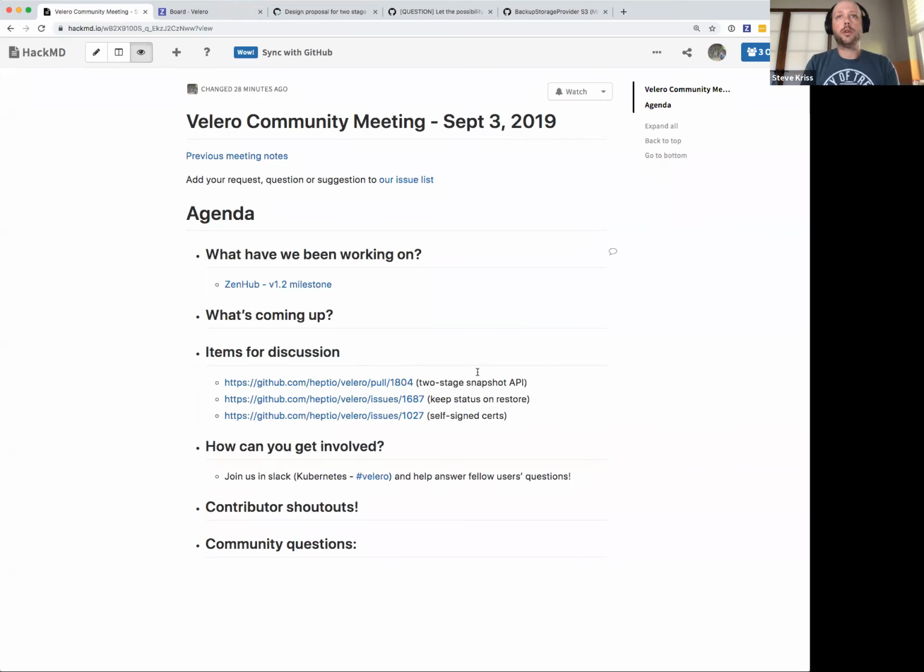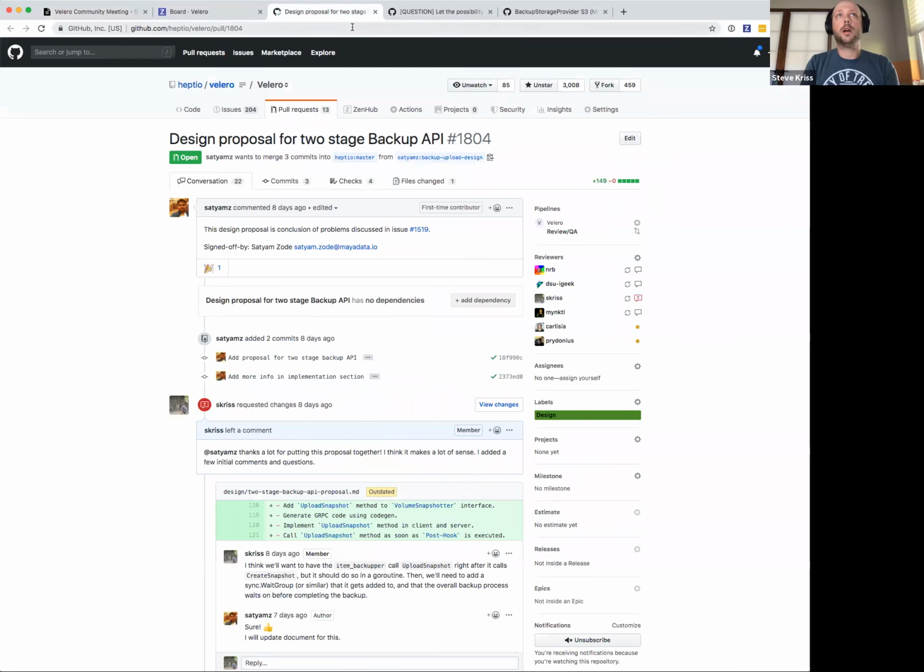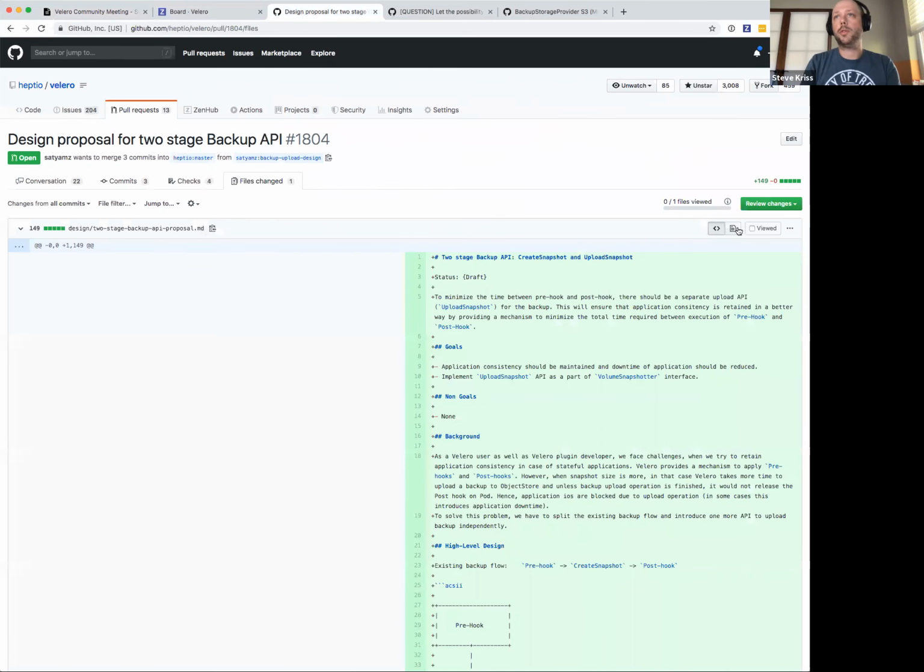The first one I'll go to is there's an open PR right now, which is a design proposal. This is a proposal for a two-stage volume backup or volume snapshot API. The design doc was written by Satyam, who works on the OpenEBS project. And so the idea behind this design proposal is that